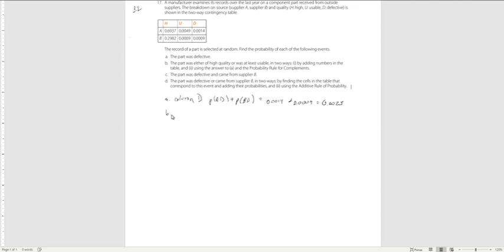Okay, B. Finding the probability of the event that the part was either high quality or at least usable in two ways. So add the numbers in the table, and two, using the answer to A and the probability rule for complements. Okay. So here, in the first round, I'm adding the numbers. So high quality or at least usable. So H and U, so this is going to be the probability that A was high quality plus the probability that B was high quality plus the probability that U was high quality plus the probability that,